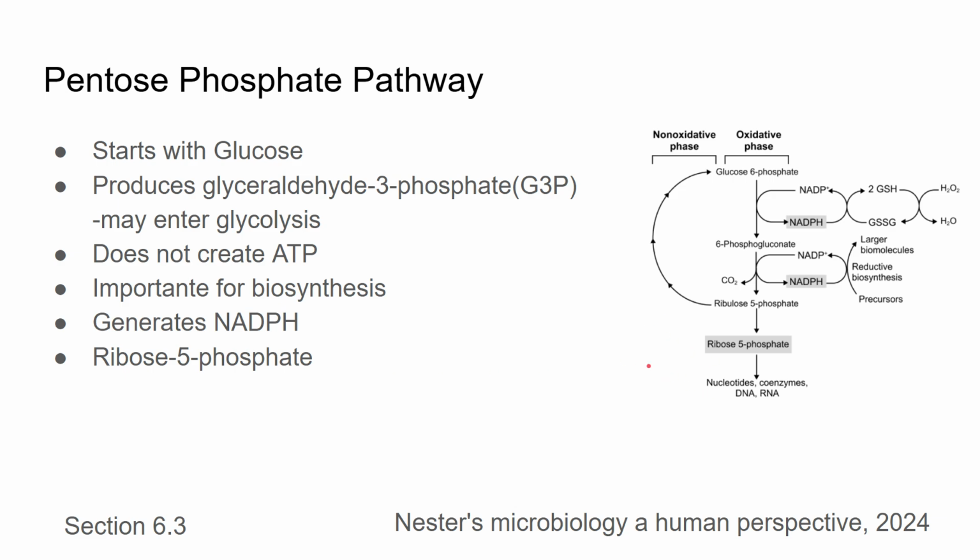One of the most important ones is ribose 5-phosphate. So ribose might sound familiar to you if you remember RNA, because ribonucleic acids use a ribose sugar in their structure. So this can help us create nucleic acids. As well, this can be used to generate NADPH, which can help us create other biomolecules as well. So the pentose phosphate pathway doesn't create ATP itself, but it's used in biosynthesis of other molecules, and it can send G3P back into the